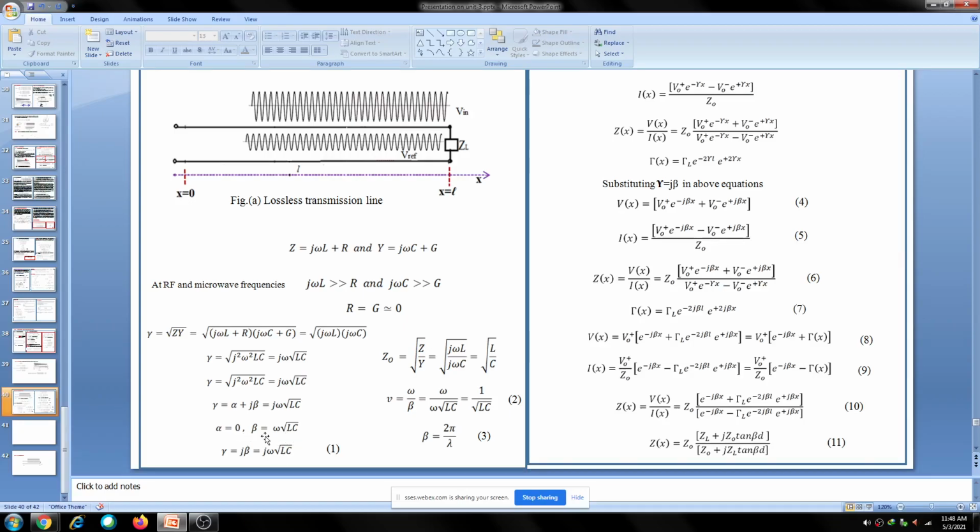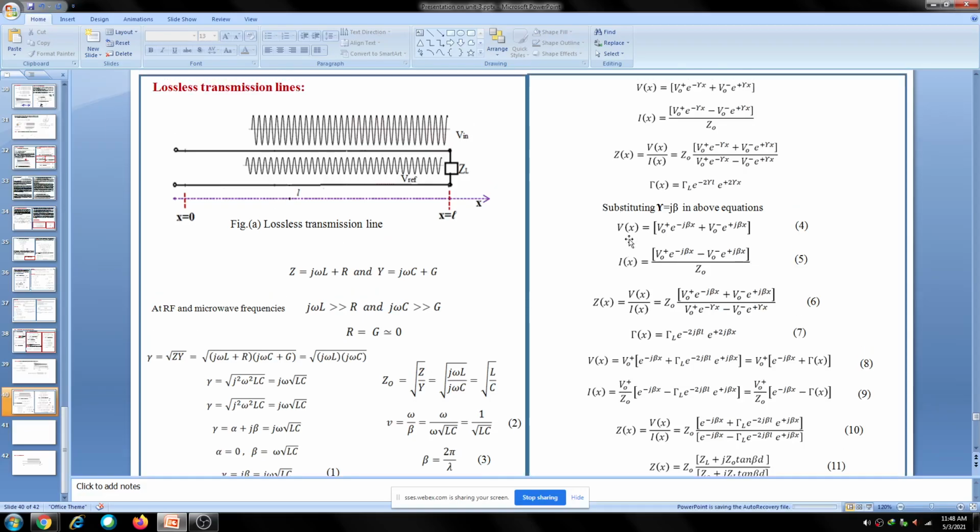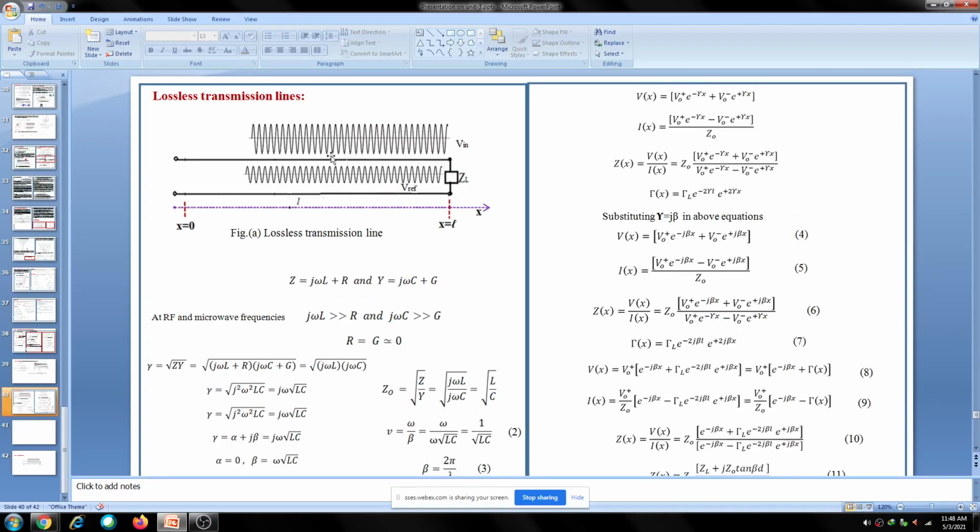we have alpha equal to 0 here, and beta is this value, and gamma is only j beta. Gamma is equal to j beta. Now for such a case, the expressions for voltage, current and impedance of a transmission line are given by,